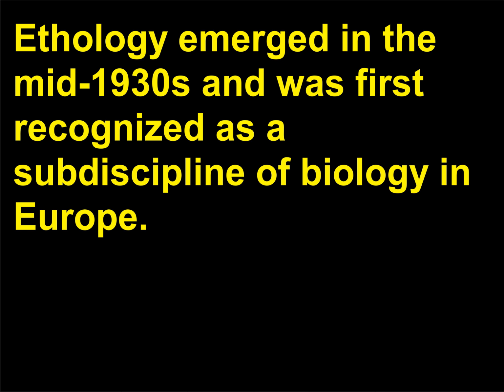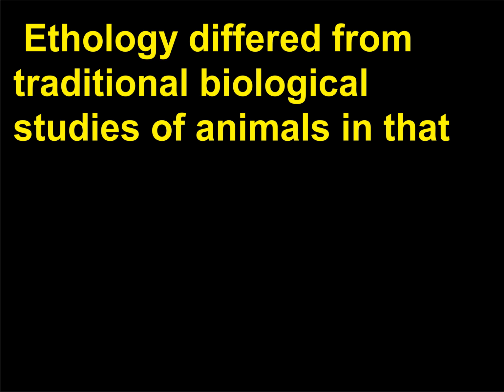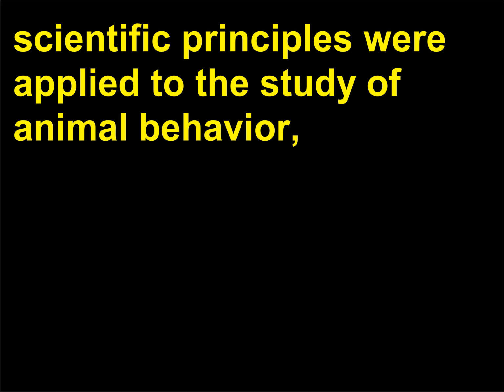What is ethology? Ethology emerged in the mid-1930s and was first recognized as a subdiscipline of biology in Europe. Ethology differed from traditional biological studies of animals in that scientific principles were applied to the study of animal behavior,